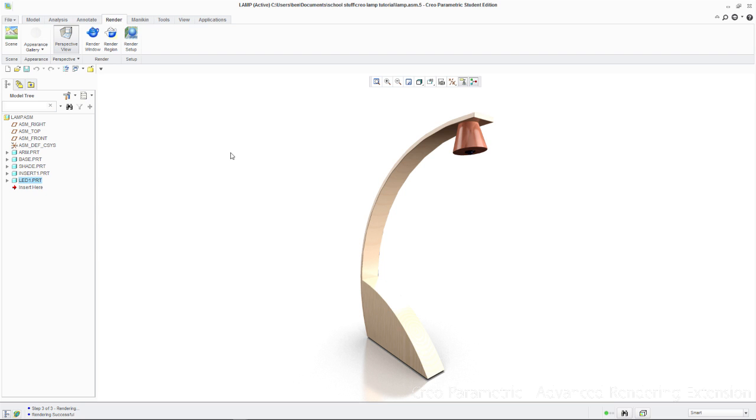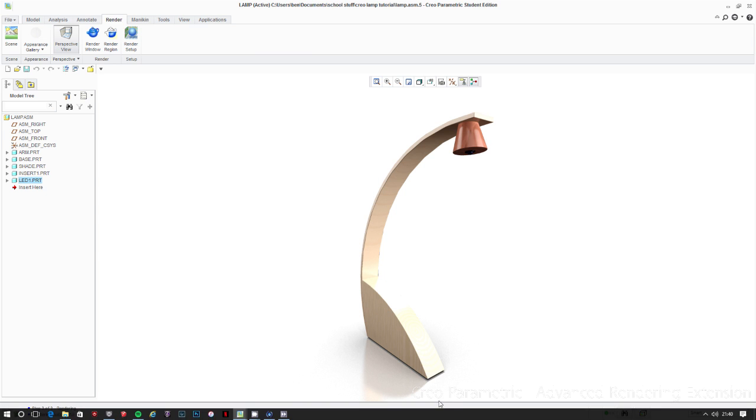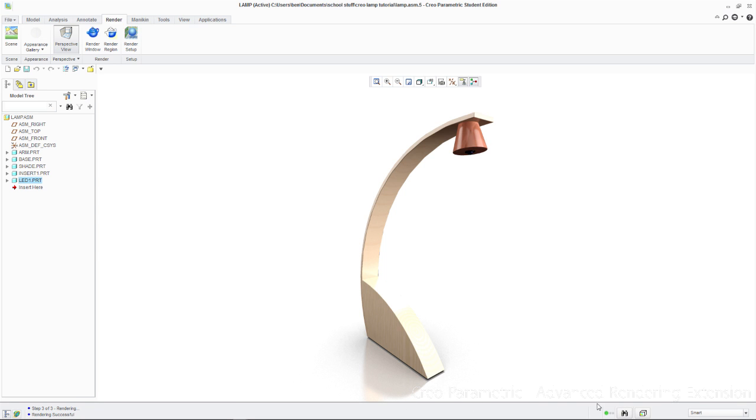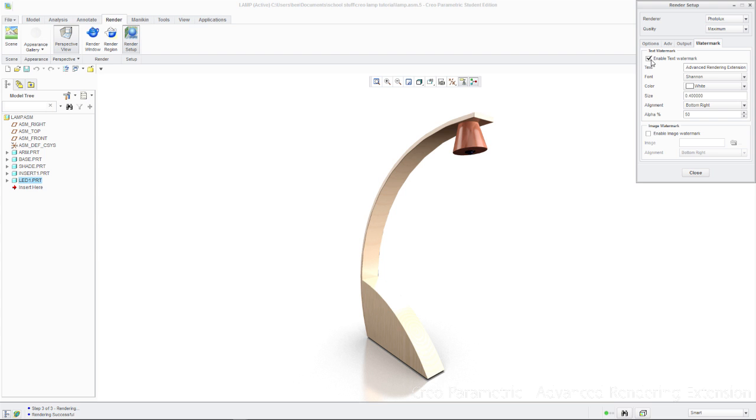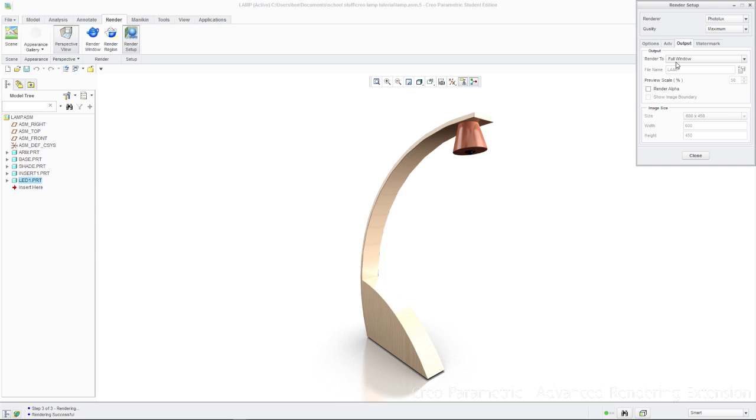Okay, there we go. That looks really nice. Right, one thing is we've got this Creo Parametric Advanced Rendering extension there. So I'll show you how we can get rid of that. And we also want to be able to output that to a file so that you can print it off at a good quality. So if we go back to render setup, we are going to go to watermark first of all and get rid of that, and then we're going to go to output, and rather than window we're going to output to a JPEG. By default that's going to go into your working directory and be called lamp JPEG, so that's absolutely fine. Then the size of it is a little bit small, so we're going to double the size. So if we go to custom and change that to 1200 and 900, so it's like double the size,